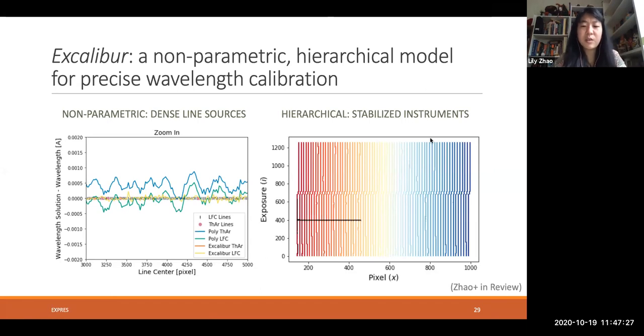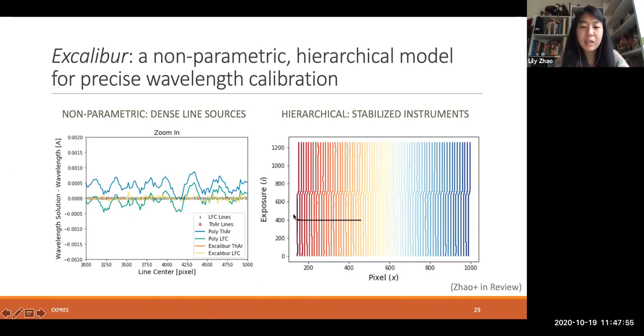And so this is kind of shown in this plot where, again, on the x-axis is the pixel position of the line for just one order. And on the y-axis is exposure number, so a rough metric of time, right? Like where the LFCs next to each other were taken next to each other or close enough in time. And you can see that each LFC line shows up in mostly the same place, right? You have these vertical lines down the figure, but there is some slow drift that could be traced by the LFC lines.